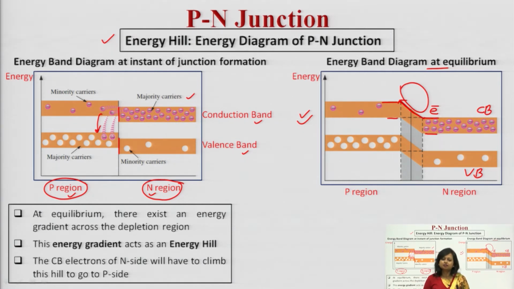And for the p-n junction, you can explain with the help of these diagrams. First you have to explain at the junction, then what is going to happen at equilibrium, meaning before the diffusion starts, and once the diffusion takes place and there is a difference in energy, further diffusion is stopped.